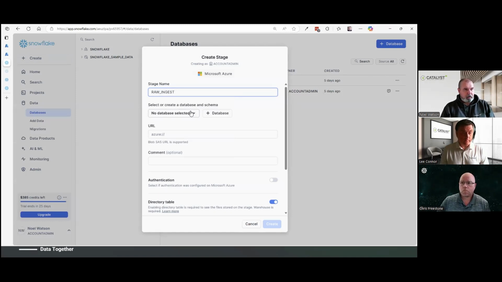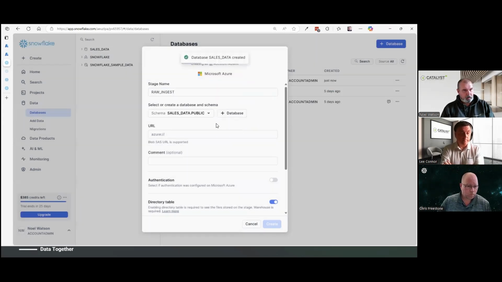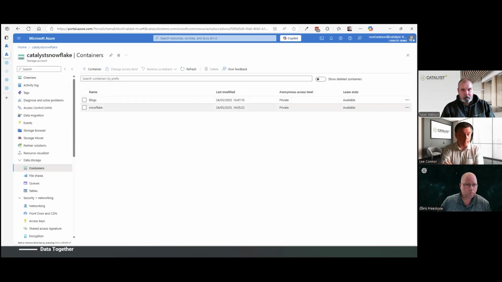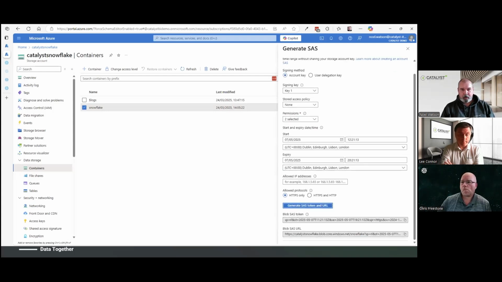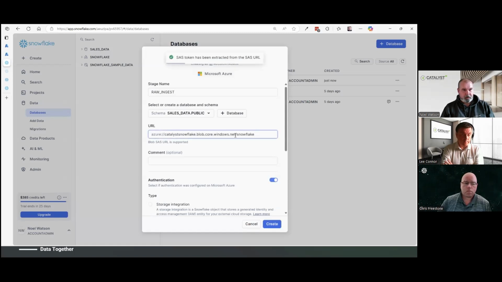storage account. I don't have a database yet, so I'm going to create one, which we'll call sales data. And I just need the URL and some credentials for the storage location. So I'll just nip back to Entra. And if I look on here, I can generate a SAS token. I'm going to need read and list permission just to be able to pick up the file list out of that location. Grab that token, take it back to Snowflake, and you'll see I've just pasted the whole